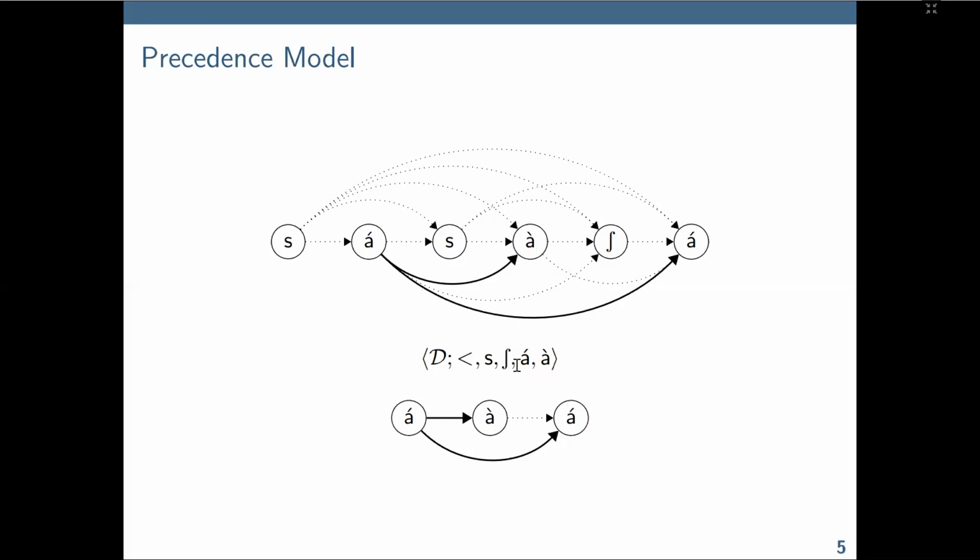We also have what are called labeling relations, which define properties of these particular nodes. So for example, we know that elements 1 and 3 have the label s, element 5 has the label sh, elements 2 and 6 have the property of being a vowel with a high tone, and element 4 has the property of being a vowel with a low tone.